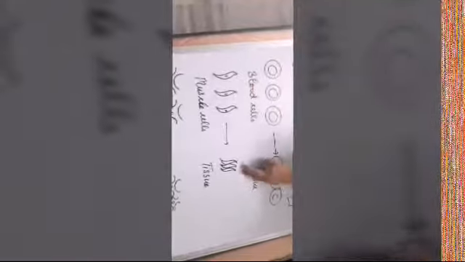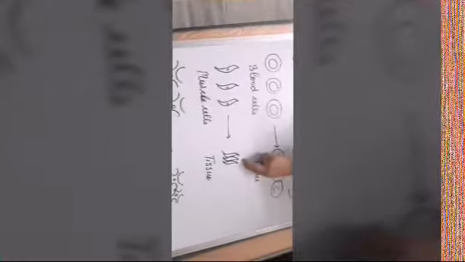Because they have the same shape, they can group together to form a tissue, and their function is also the same. Muscle cells का function क्या होता है? Movement. Next is brain cells. This is the shape of a brain cell. 2 brain cells, 3, 5, 10, they combine together to form a tissue.